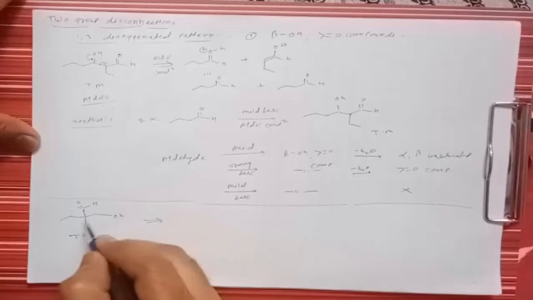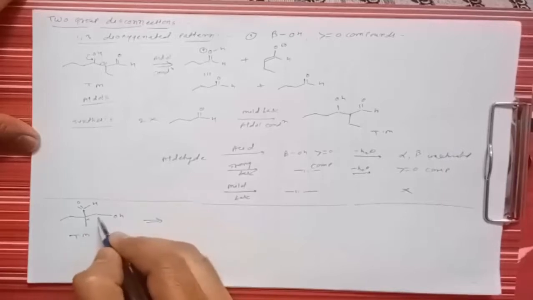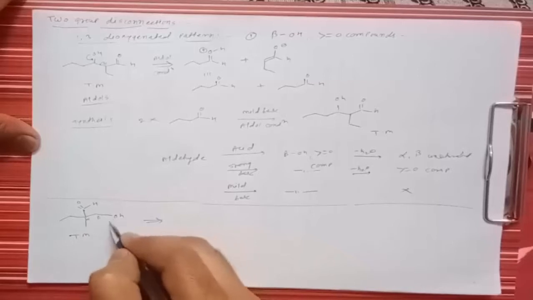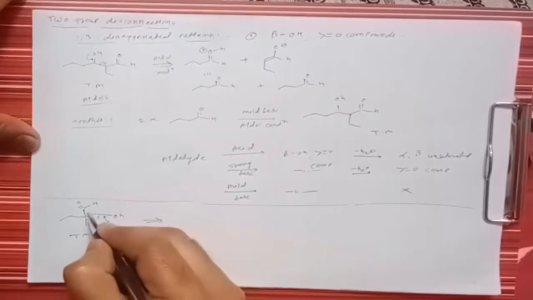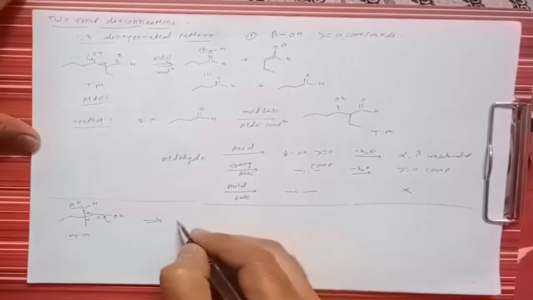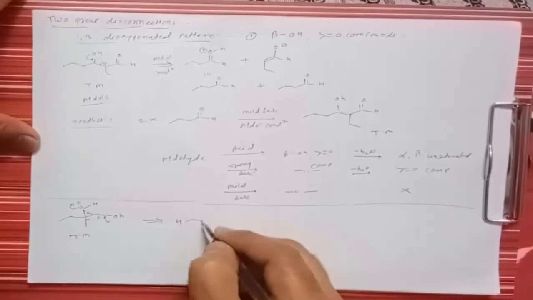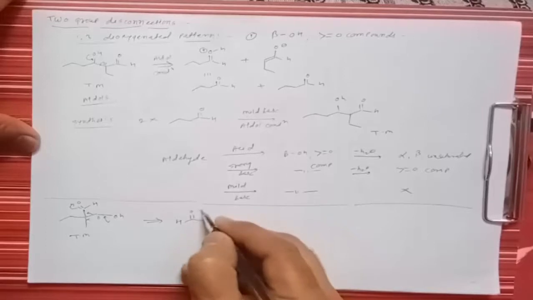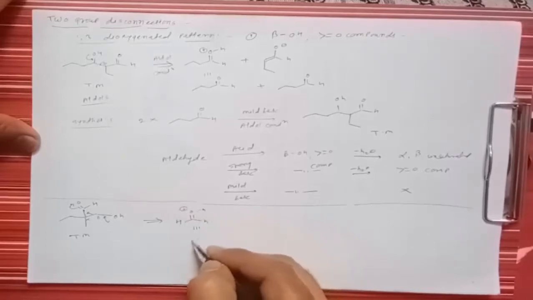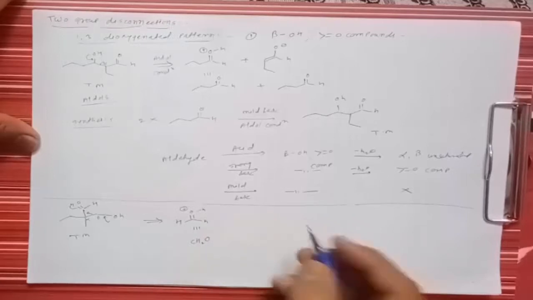this is the alpha functional group, this is the beta functional group. This is a beta hydroxy carbonyl compound, and this beta hydroxy carbonyl compound can be broken by using this method. That means what does it give? It gives formation of a formaldehyde in this way. This is the synthon, and its synthetic equivalent is CH2O, that is formaldehyde.